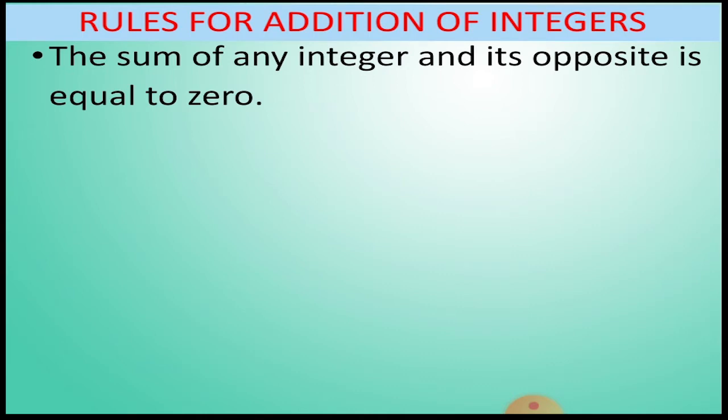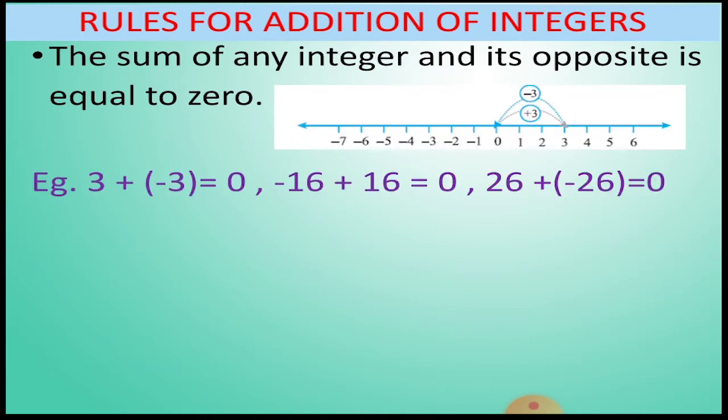So the first rule is, when we take the sum of two integers that are of the same value but have opposite signs, their sum is equal to 0. Fine. So let's see this through the help of one example present on the screen. If we have 3 that is to be added with minus 3, their sum will be equal to 0. Let's see how we get this.